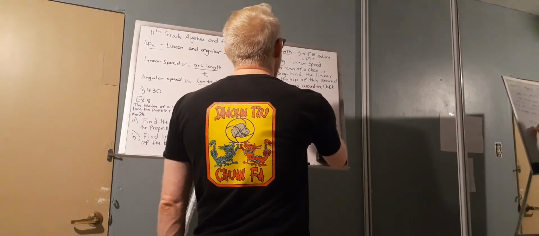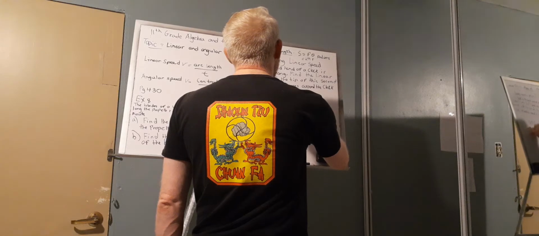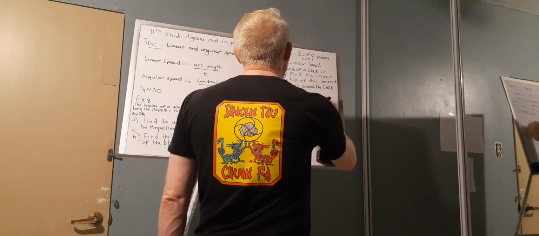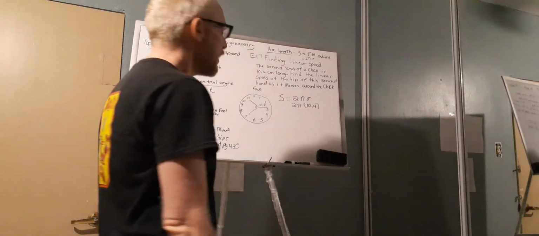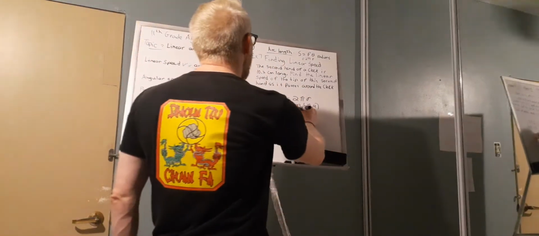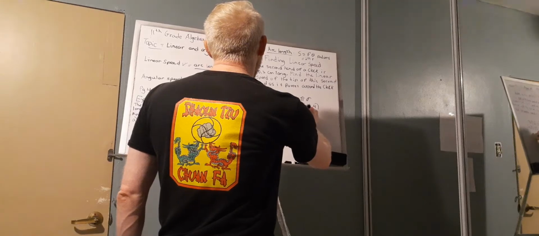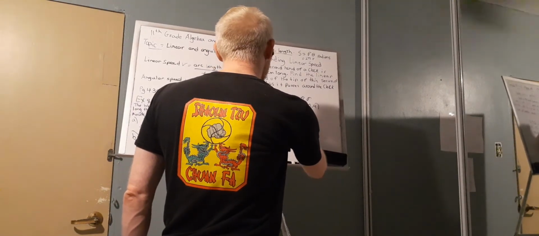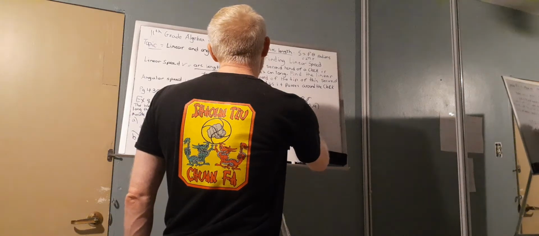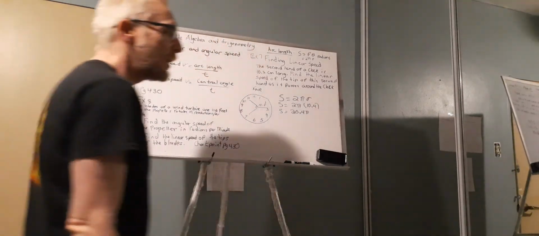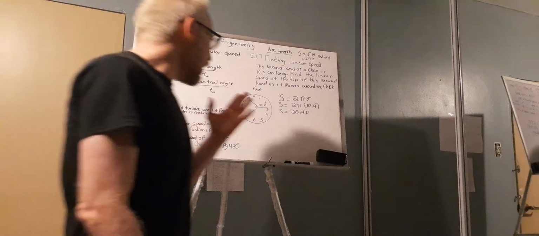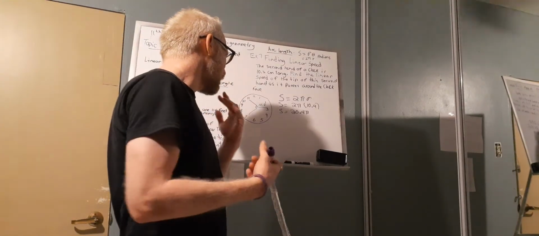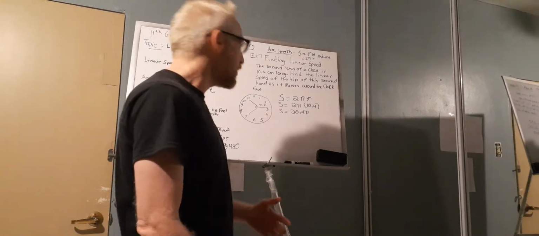You're going to multiply 2 pi times 10.2, which is your radius, and 2 times 10.2 is 20.4, so we have 20.4 pi. If you have a calculator, you can just multiply 2 times 3.14 times 10.2,